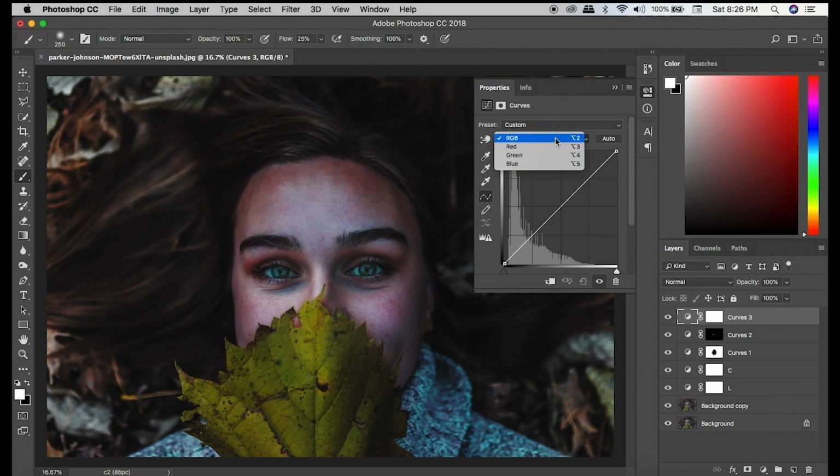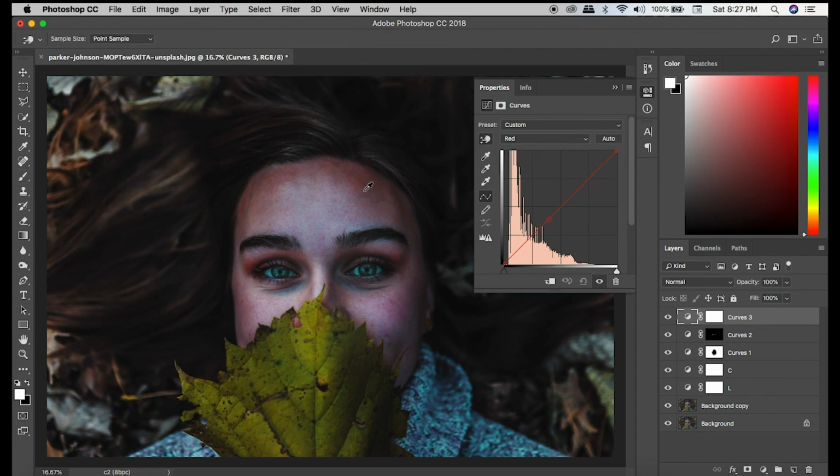Let me show you what I mean. If you go to the red channel and pull the curve upwards, it will add red color to the image. If you pull the curve downwards, it will add cyan to the image. Hope this makes sense. Let me delete the curve which I have created. I will use the hand tool to adjust the face color. I will reduce some red. I will introduce some yellow. And that's it. It looks pretty much right to my eyes.